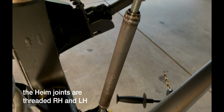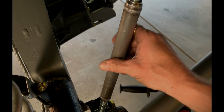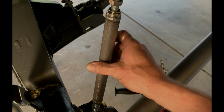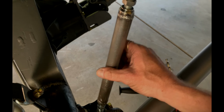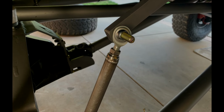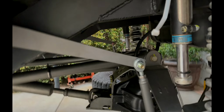So with one right hand and one left hand, this is what you're gonna be able to do. As I tighten this, it's pulling them both together. I'm gonna get this to about right there. We're looking good. Let's just bolt this top one together. We'll give it a trial run. Okay, I got both sides tacked. See, this side's tacked in place. The other side's tacked in place. This is roughly